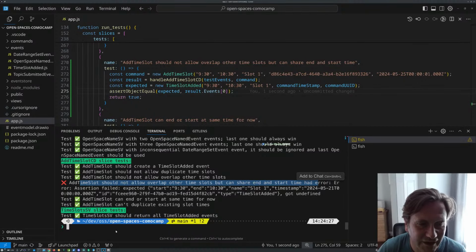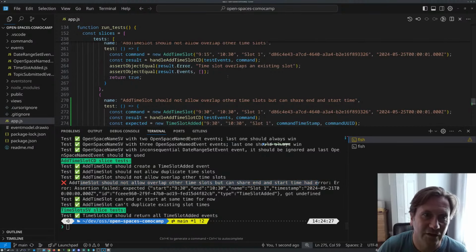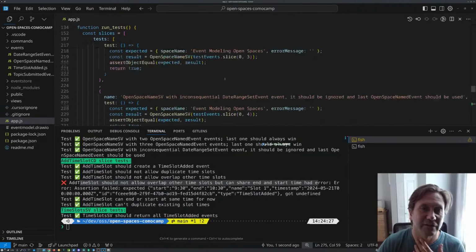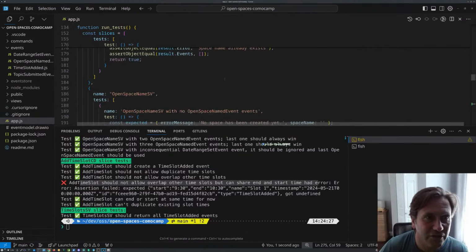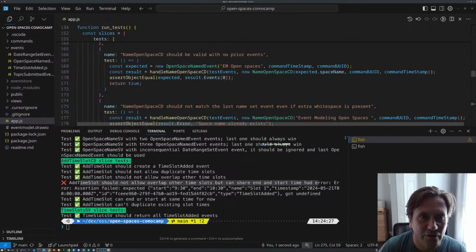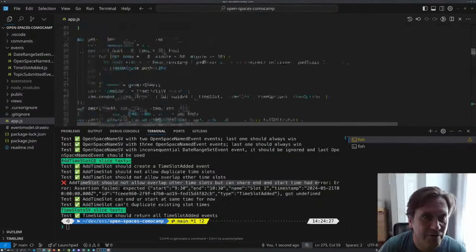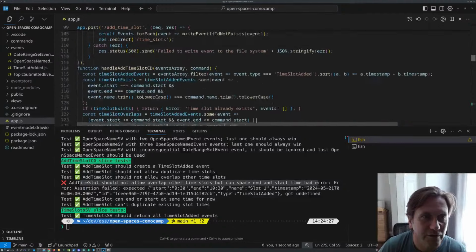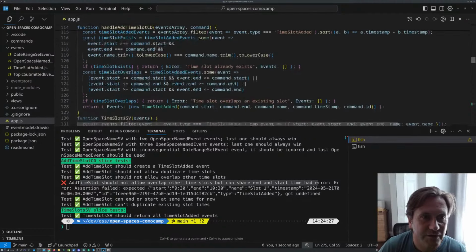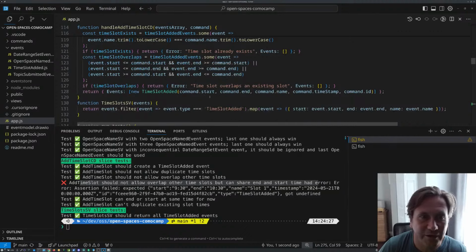So we have a failing test. Let's take a look at the logic and make sure that we can change it for that issue. So handle time slot. So time slot already exists, cannot overlap. Okay, so